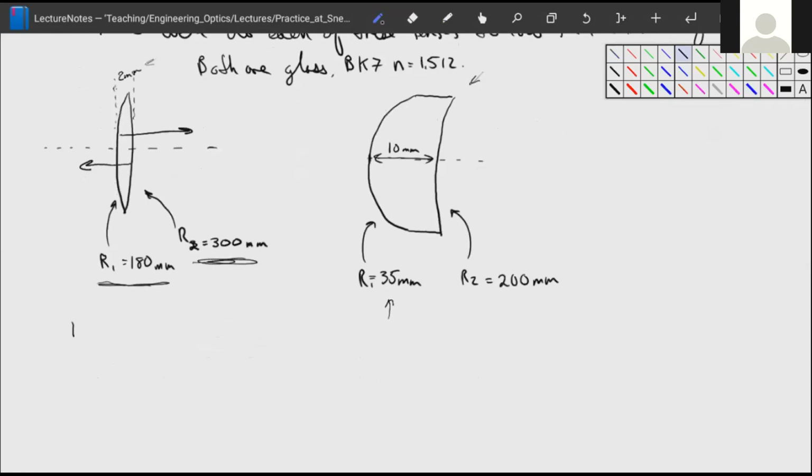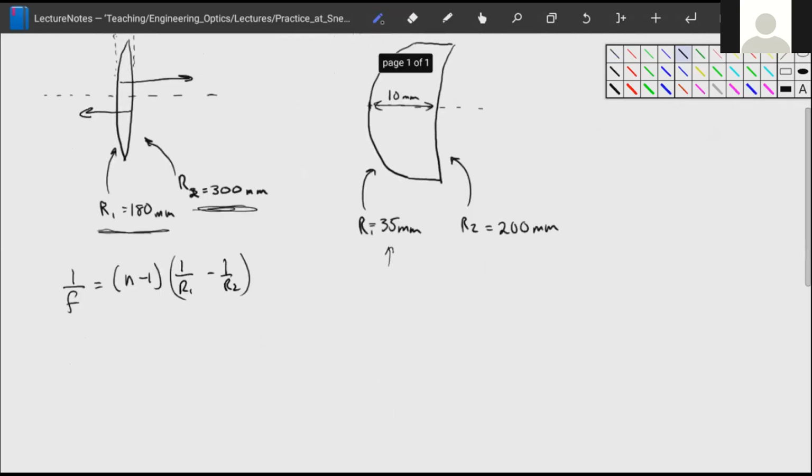So let's write our equation. 1 over f is equal to n minus 1, times 1 over r1 minus 1 over r2. Plug in the stuff we know. We know that 1 over f is equal to 1.512 minus 1.0